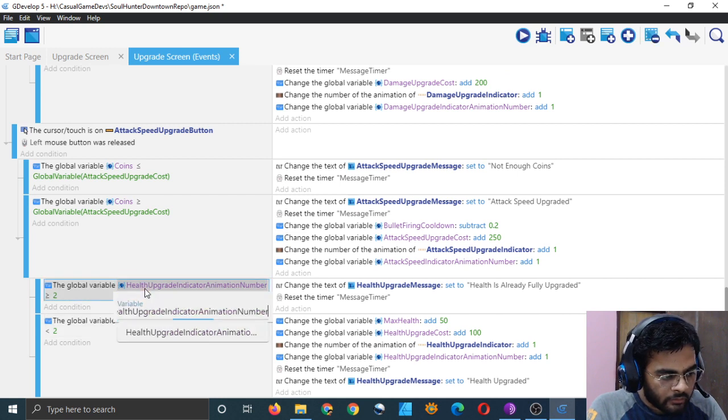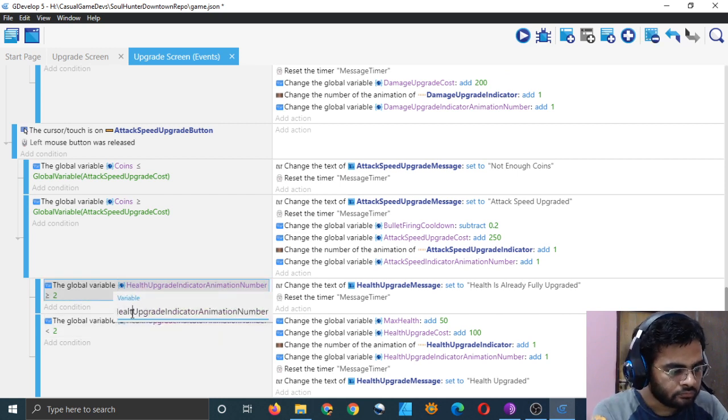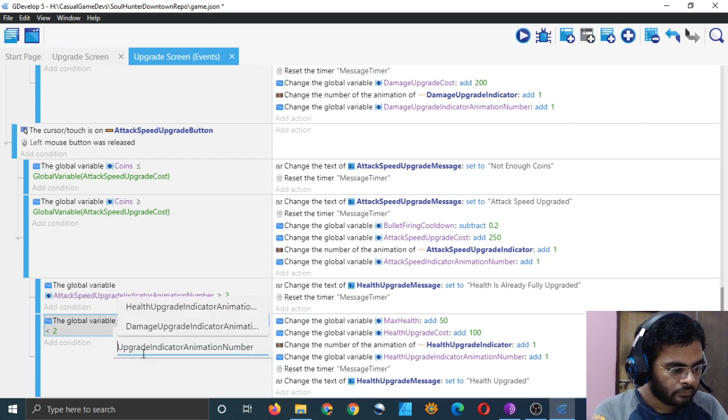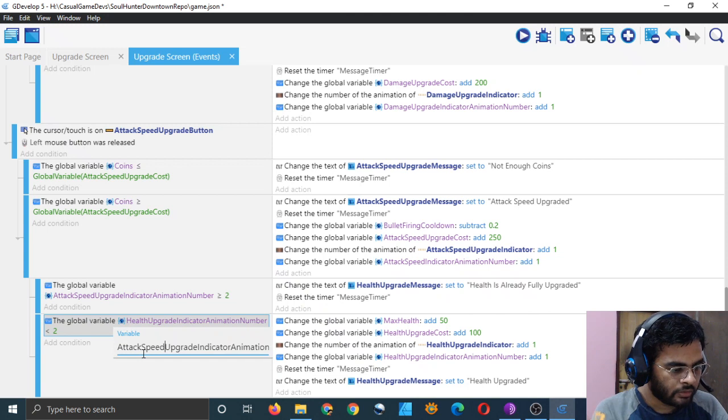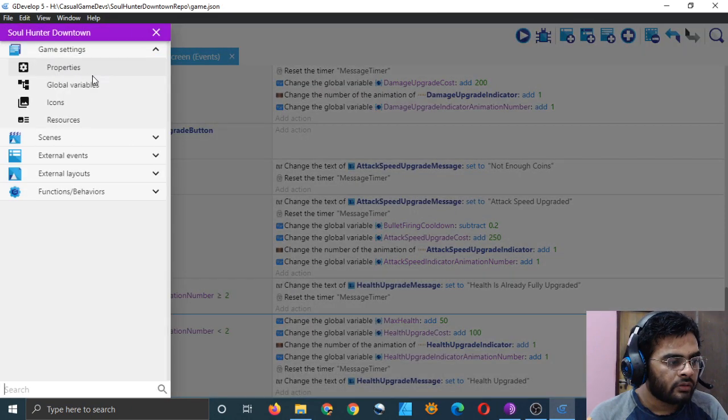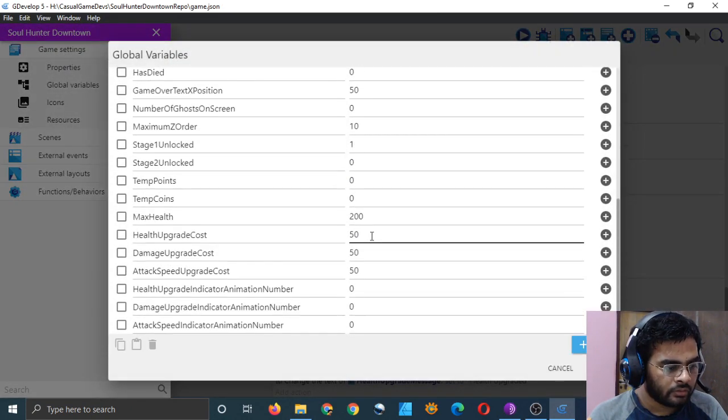And now instead of health upgrade, just type attack speed upgrade indicator animation. Let me see the variable name again. Is it really? Oh, I didn't put the word upgrade here.